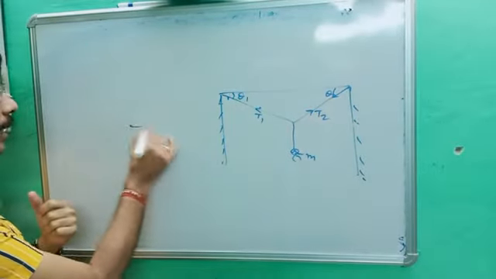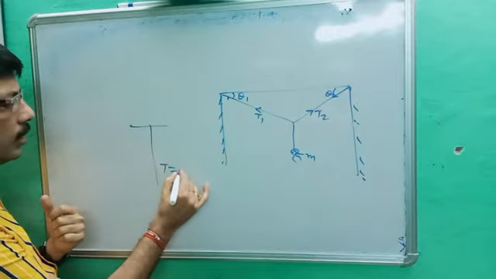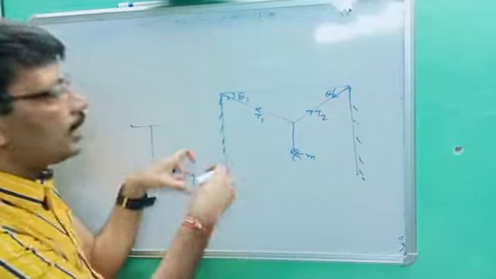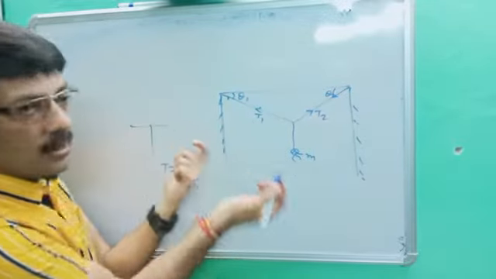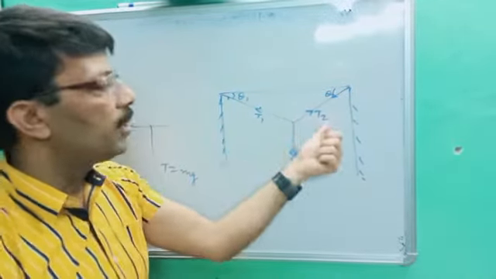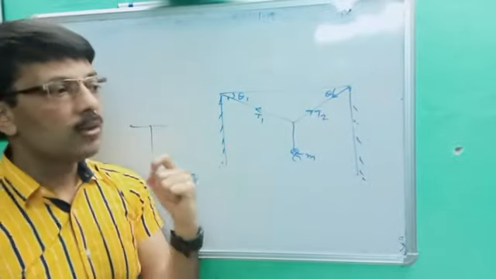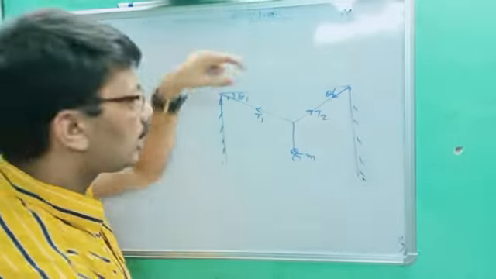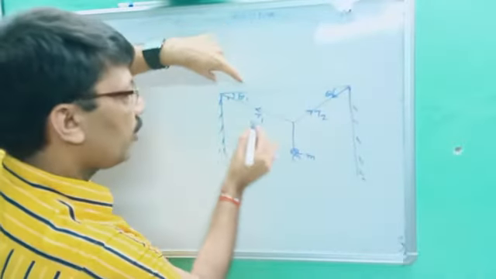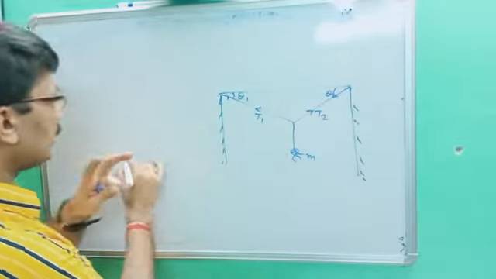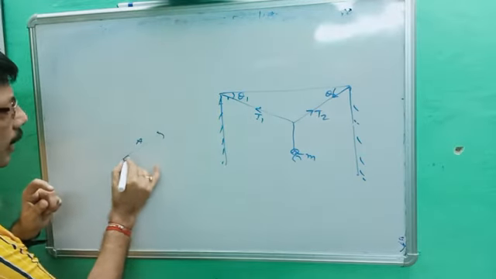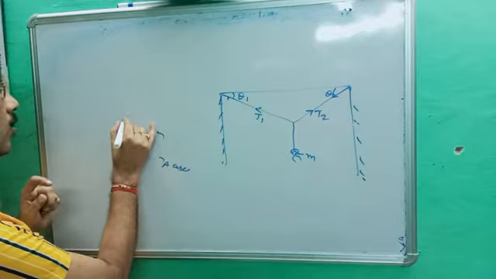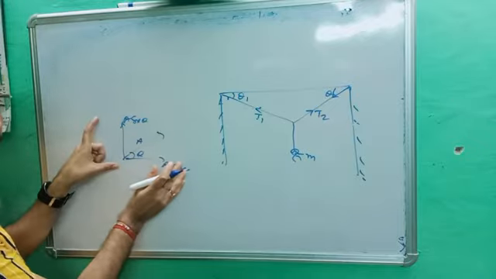If the monkey was simply like this, the formula T is equal to mg. But here T1 and T2 are not simply along x or y, they are maintaining a theta angle. You have to resolve T1 and T2 because they are vector quantities. There is no reason to resolve a scalar; you have to resolve the vector quantity. So first we will resolve it in vector form. First T1 is resolved into two components like this. A resolved at theta is called A cos theta, and the other is called A sin theta. That is the way by which we can resolve it.